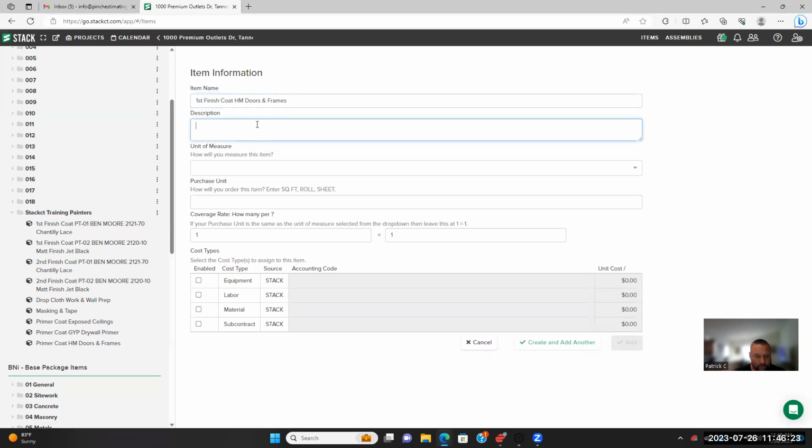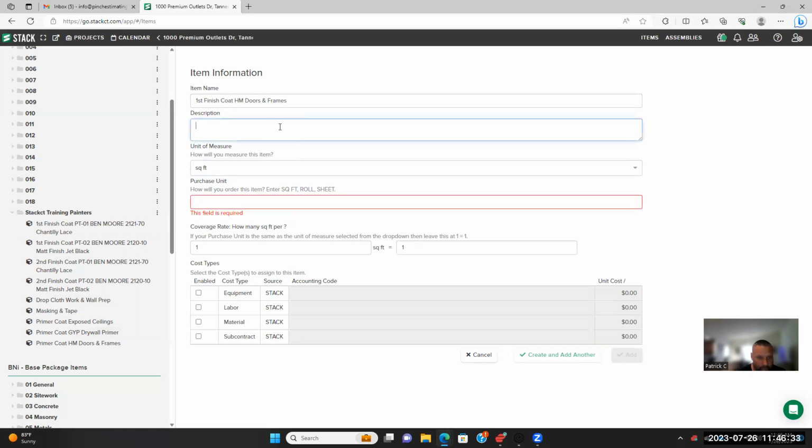Finish coat, and then I'm going to come back for that and put it back on here. The PT-01, which is, let me see, PT-01 BM